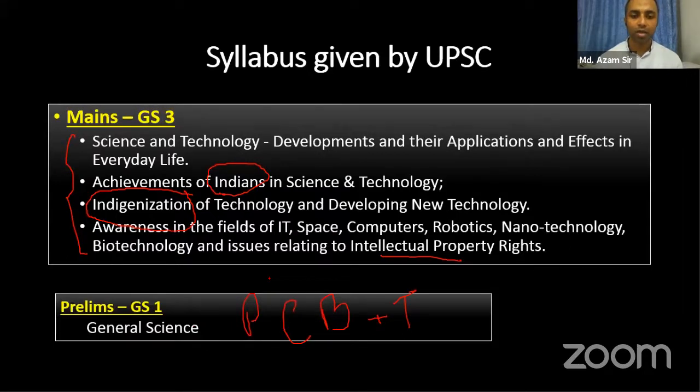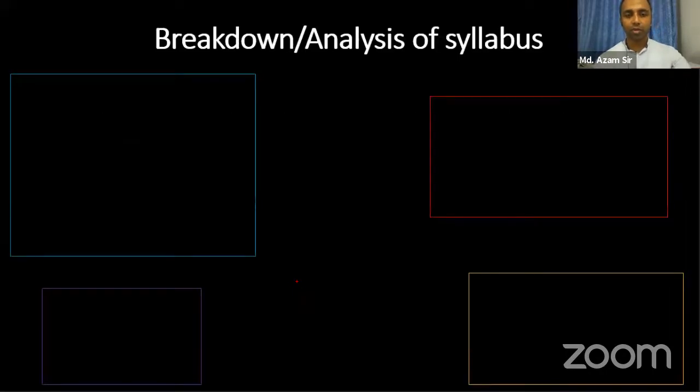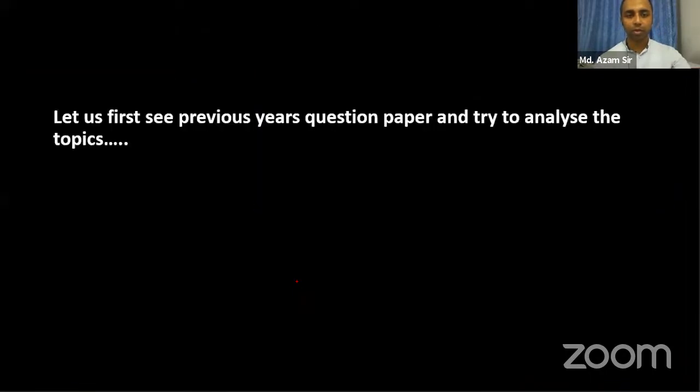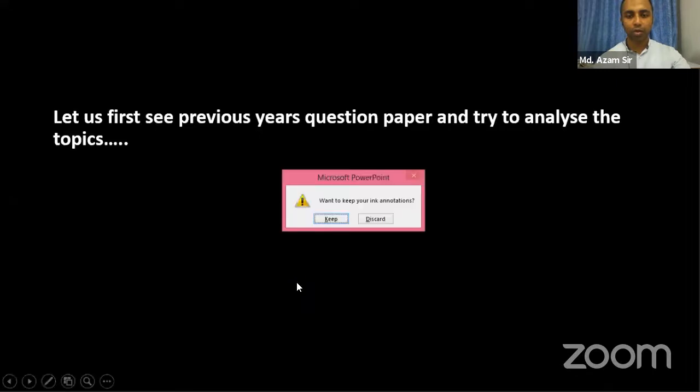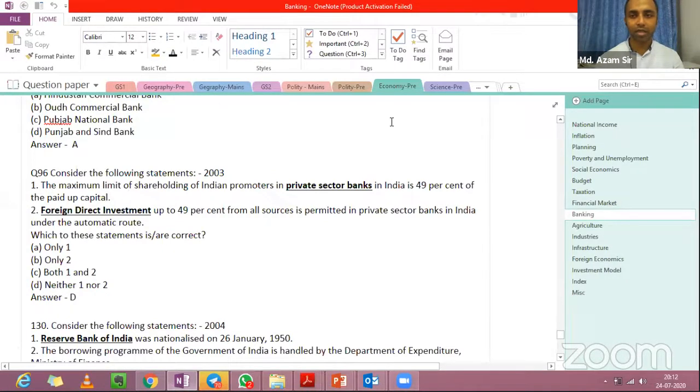The reason is the difficulty level of this physics, chemistry, and biology would be only till 10th standard, and I believe till 10th standard, all of you had general science. And even if you do not have an understanding of basic physics or chemistry, that is still okay, because in the recent past, questions from physics and chemistry have not been coming. So let us first see the previous years' question paper. On the basis of these question papers, we would collectively formulate a strategy. If you can see the screen,